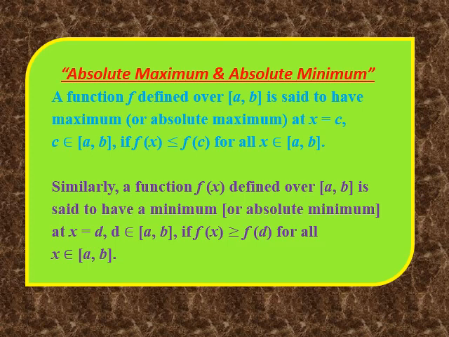Now we are going to find the value of the function at the point C and at the end points of the interval, that is A and B. So we have f of C, f of A and f of B. Whichever is the maximum, suppose f of A is maximum, then we say that that particular value is the absolute maximum value of the given function. And whichever value is the minimum, suppose f of C is the minimum, then we say that that particular value is the absolute minimum. So it's very simple. Find f dash x, put f dash x equals 0, you will get x equals some points, and find the value of the function at those points and the end points of the closed interval. Whichever value is maximum will be your absolute maximum, and whichever is minimum will be your absolute minimum. I hope I am clear. So pause and note down the definitions.